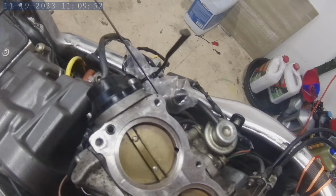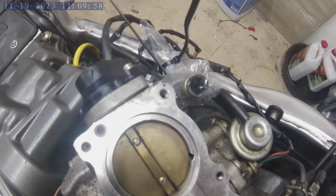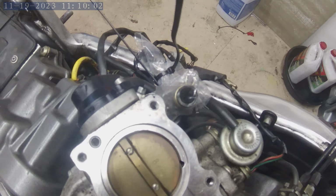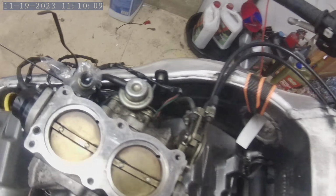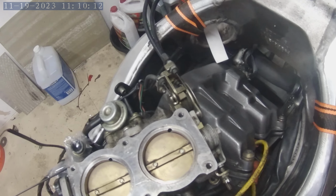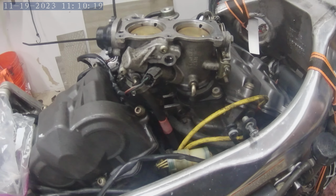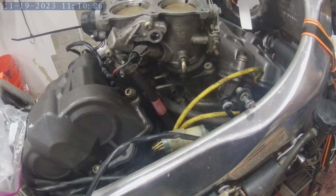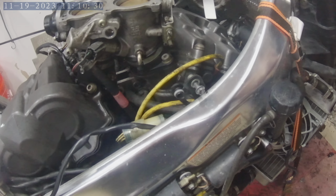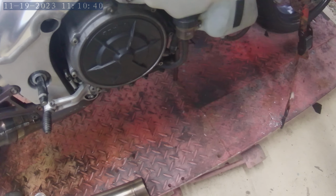Throttle bodies seem to be getting a lot of blow-by coming out of the vent of the heads, so I'm a little bit nervous about that. Had some oil in the bottom of the airbox. Definitely have to tighten up the throttles, the throttle cables. I was going to pull the fuel injectors and make sure they're clean and in good shape, as who knows how long this 25-year-old motorcycle has sat. Anyway, seem to have a little bit of oil down here on my stand. I'll put a clean piece of cardboard down there and see what